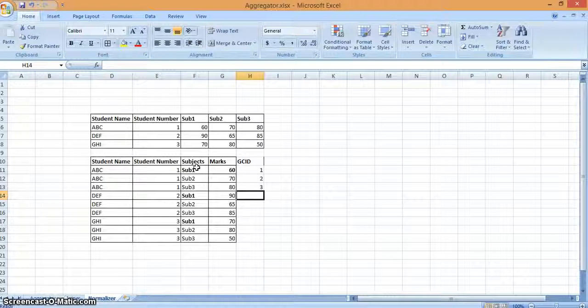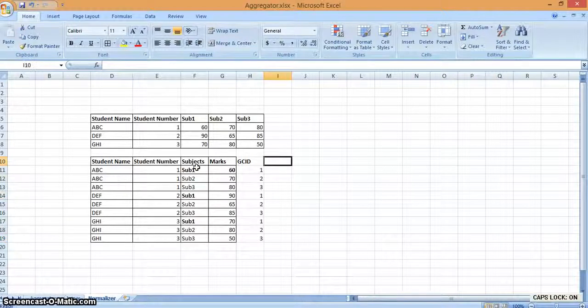These three are distinct values, subject 1, subject 2, subject 3, and in our target table these three fields are repeating in multiple records. So the GCID value will also be like a cycle, it will repeat the values the same way, 1, 2, 3.